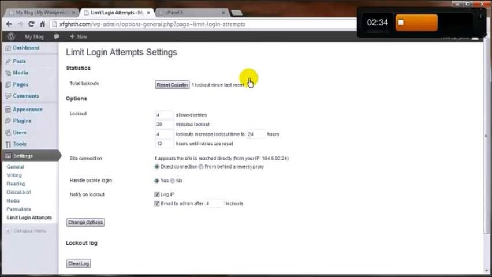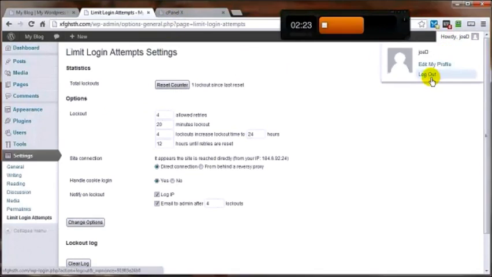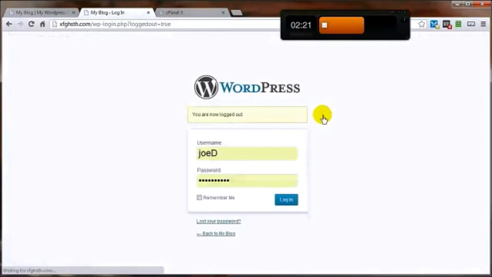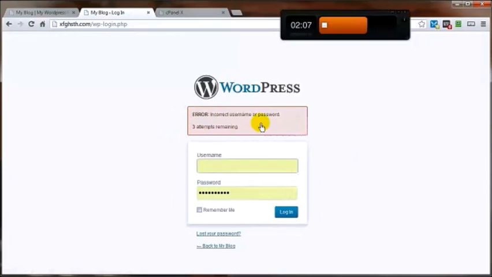Now, if for some odd reason you, as the administrator, have not remembered your password or you screwed something up, let me show you what happens. Let me get this guy out of the way here. Let's go ahead and log out and then try to log in with something other than what's proper. And try this now. And there, you see, you get this box that pops up, and you've got 3 more attempts